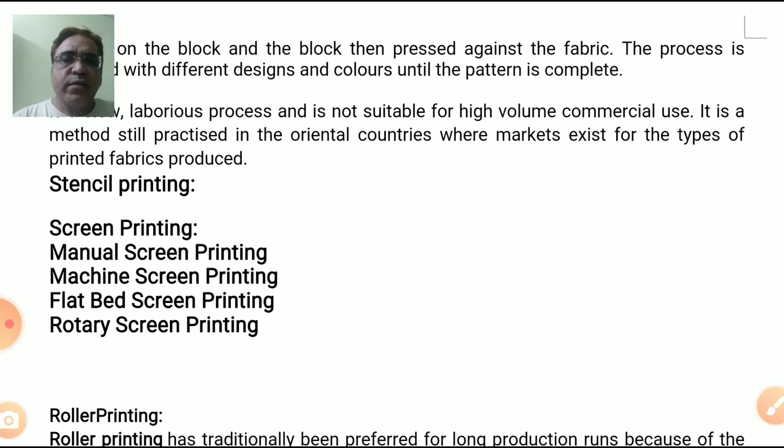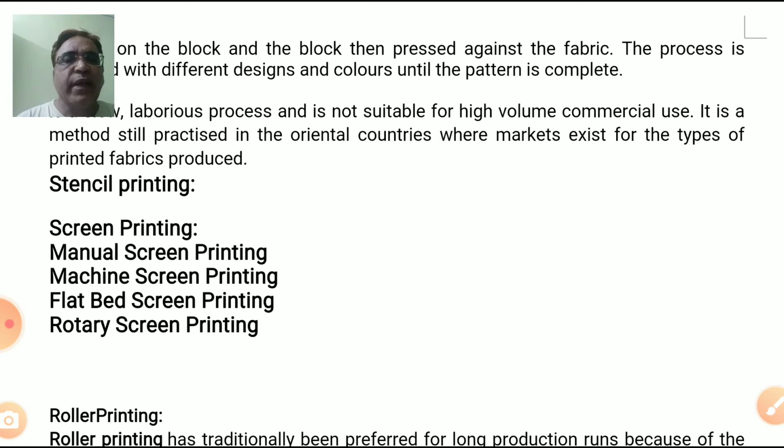Next method is screen printing. Screen printing is basically an evolution from stencil printing, because stencils were used that were made of paper. When we introduced some threads or mesh in between two sets of stencils, we got a thing like a screen.